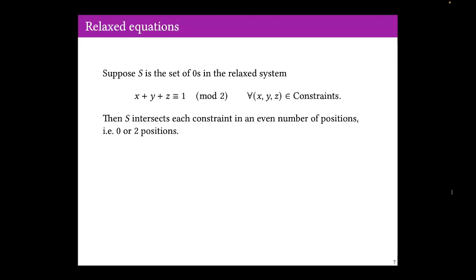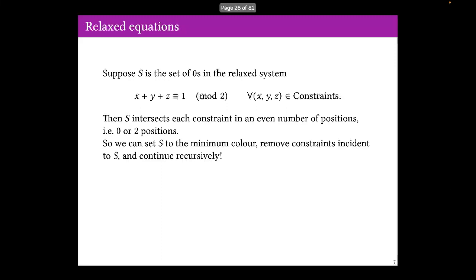Then, S must intersect every constraint in an even number of positions. Why? The allowed assignments are 1, 0, 0, in which case we intersect twice, or 1, 1, 1, in which case we intersect 0 times. So we can set S to be the minimum color in our entire solution, remove all constraints incident to S,